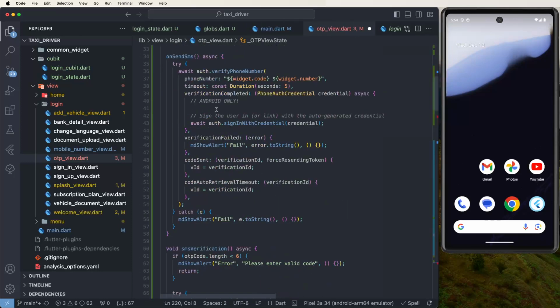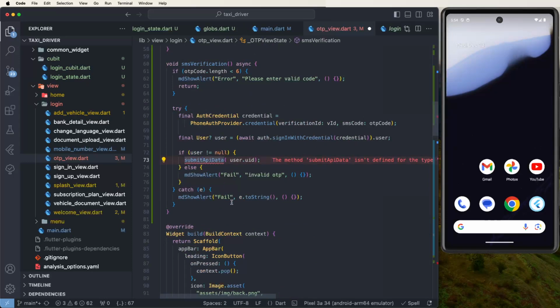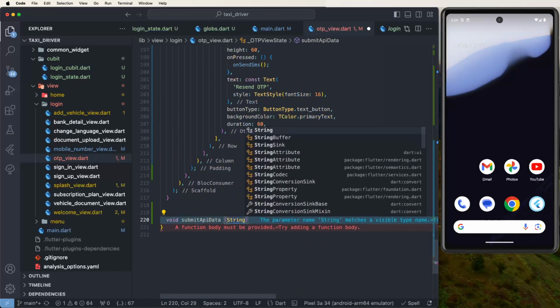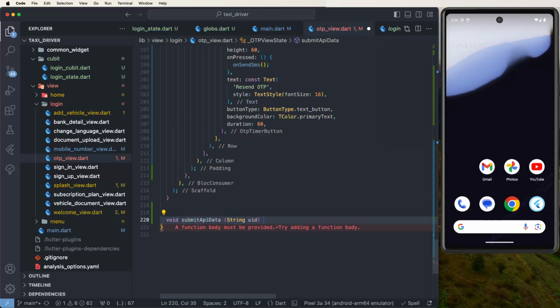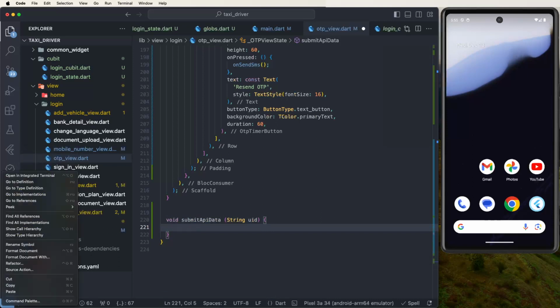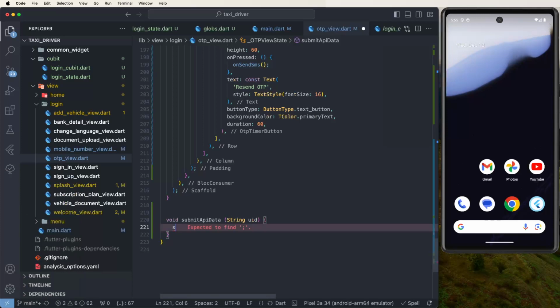Copy the function name and create one parameter, a string parameter, declare here uid, and set this here equals